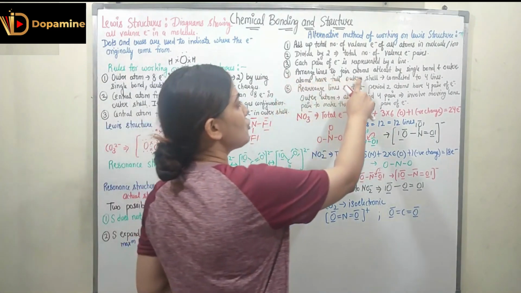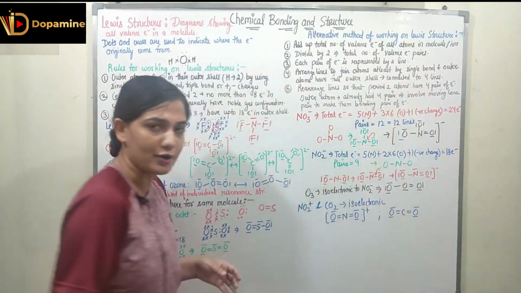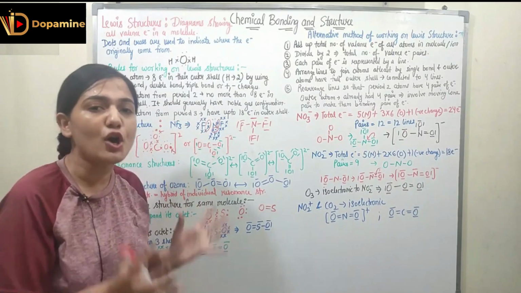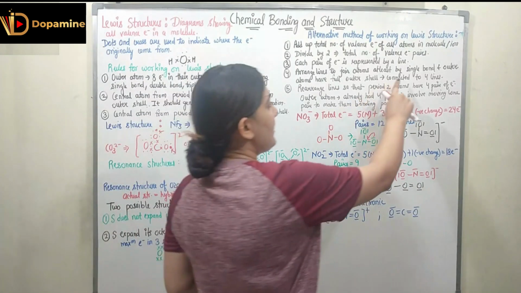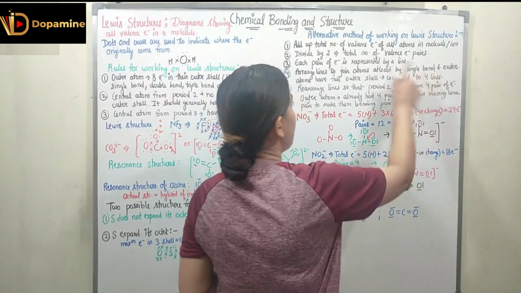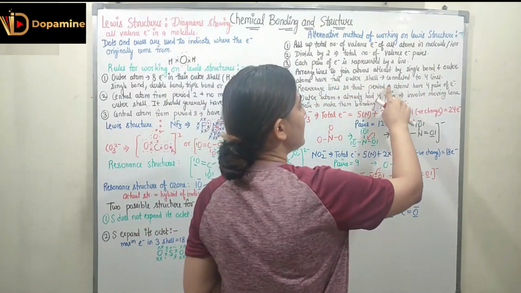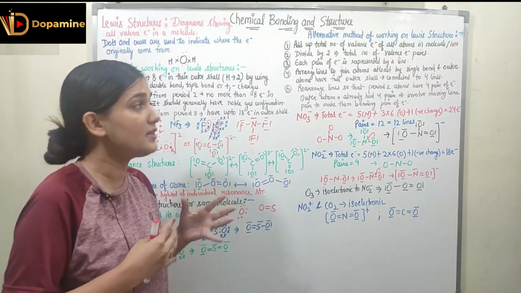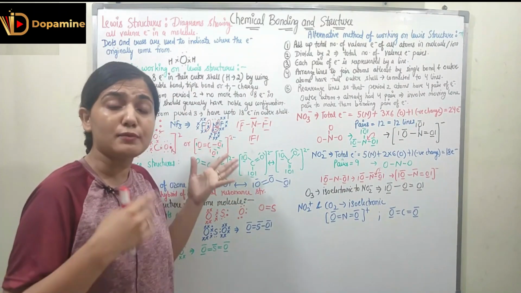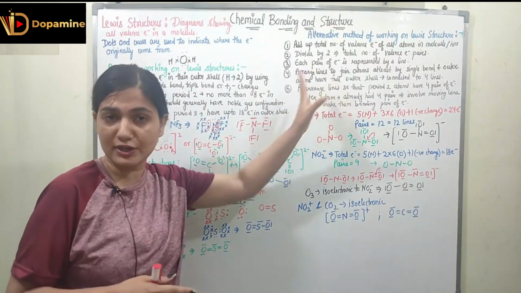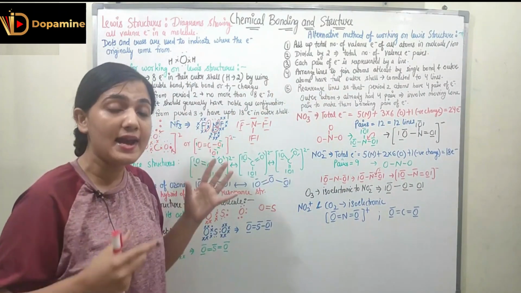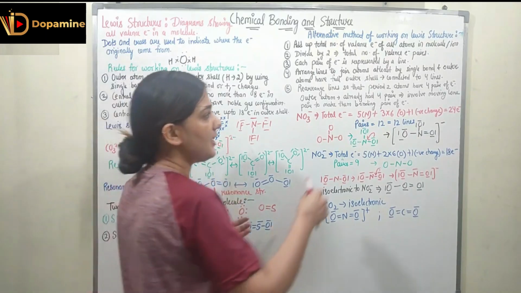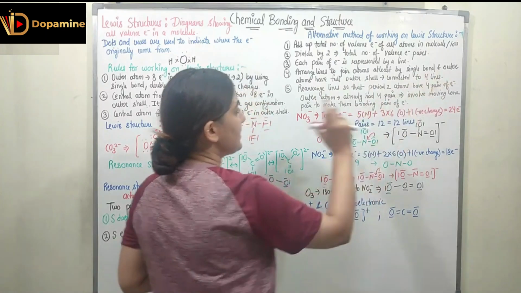Now arrange the lines to join the atoms at least by single bonds. Whatever number of atoms are present, at least connect all of them by a single line, right? We have to bond them with a single bond, and outer atoms should have full outer shells, connected to 4 lines. Now we have to work upon the outer atoms. Outer atoms will have the full outer shell. We have to make 8 electrons in the outer shell of the outer atoms, right? So we have to connect 4 lines to them.